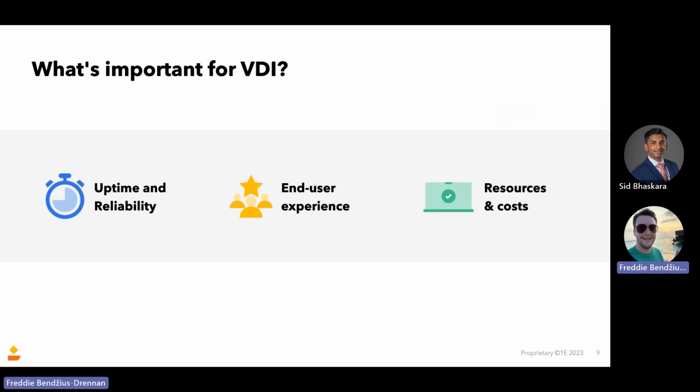Now, of course, DEX, that's kind of a key focus for us here at 1E. But really the key thing around this is, VDI is obviously a key investment. And the key thing there is you want your end users to be productive. And a key thing there is it being a good technology for them to use. So we'll be talking a bit about different aspects around VDI and how there can be challenges there with the